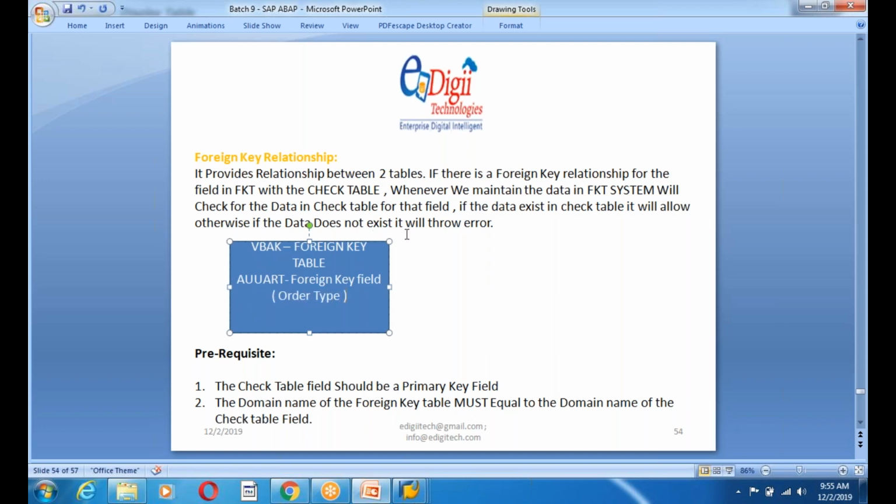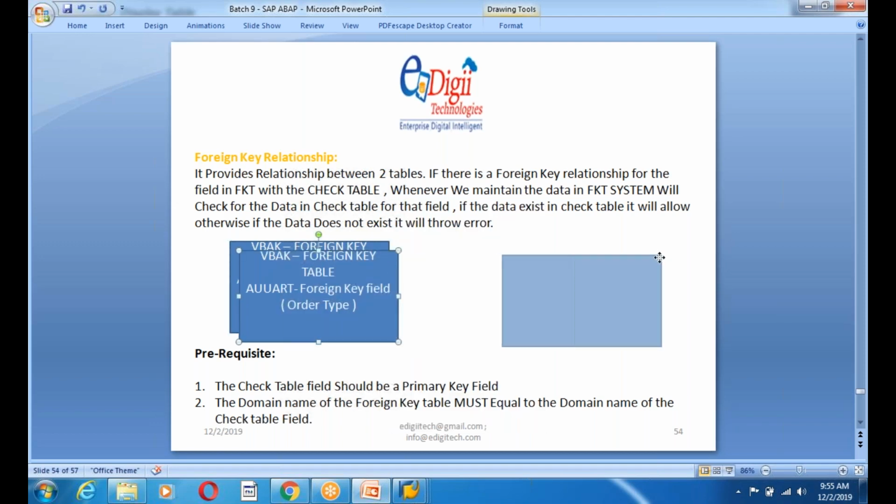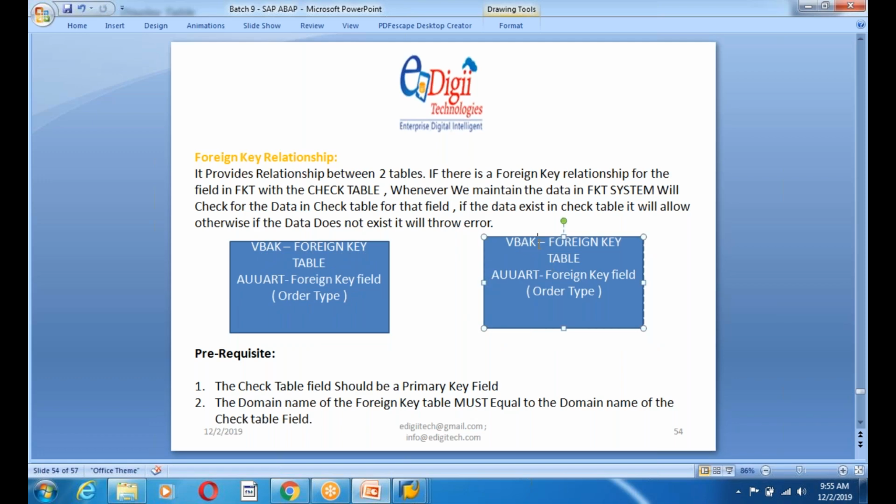Order type is the foreign key field. And for this, what SAP did is copy control. So we have one more table. Yes, the table is TVAK. This table we call the check table.